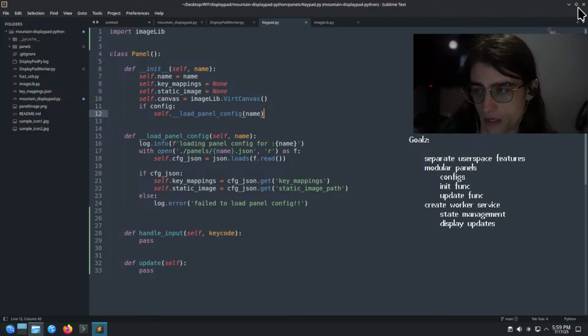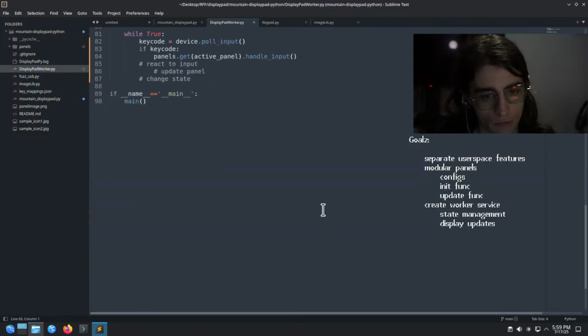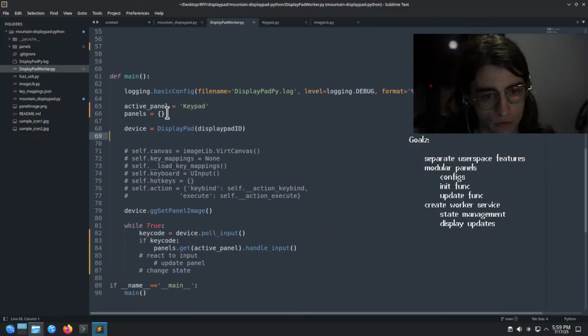Yeah, inheritance is so annoying. I don't like dealing with it. I think maybe let's just try to get it working with one, and then we'll expand it out to multiples. So panels,